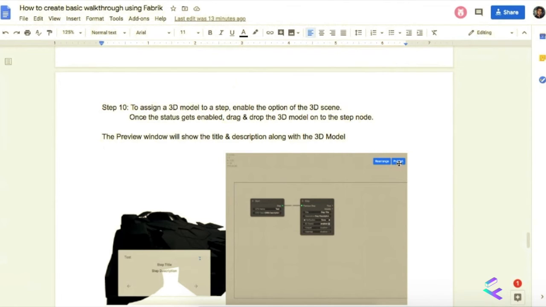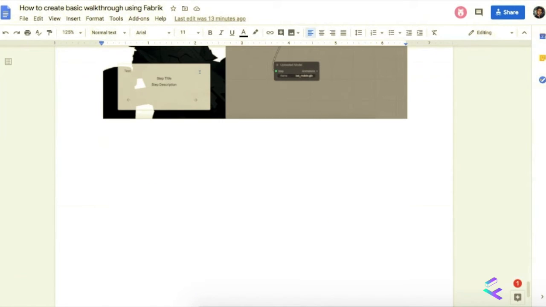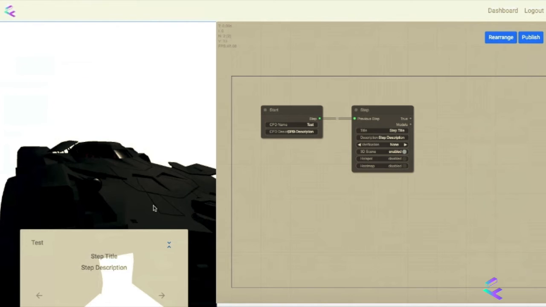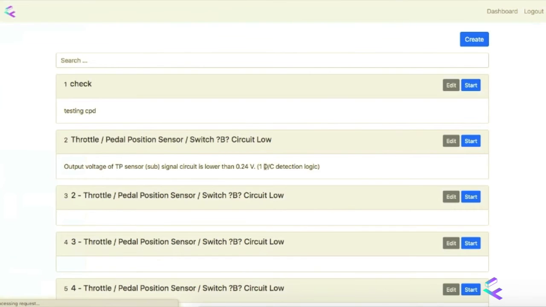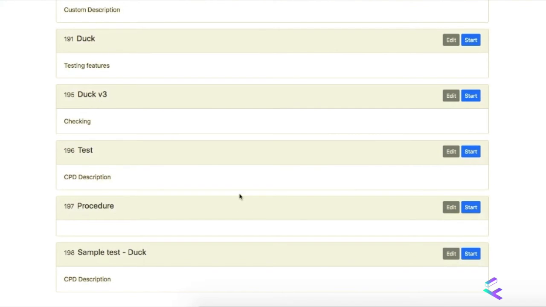So once you hit publish, the next screenshot I have not put in here yet. That is the last step I was talking about, so let me show you live. So now suppose this is the progress, and I hit publish. There should be a message, but we are working on that. So the next step would be we click on dashboard. As soon as we click on dashboard, the created CPT will be here. There are many created already, so the next CPT will come last. Since I had already saved and published the existing one, it will come here at 196 instead of last. After that, I created two more.